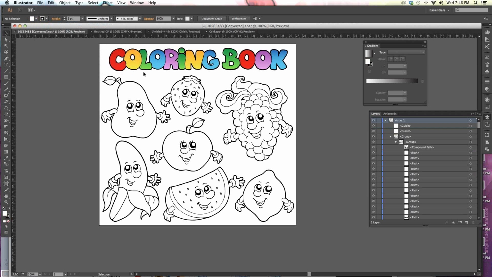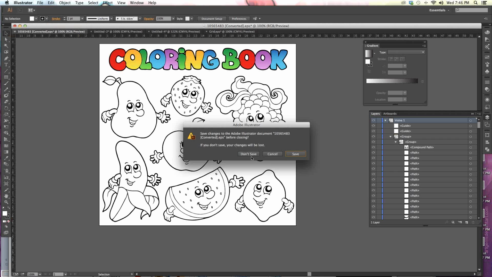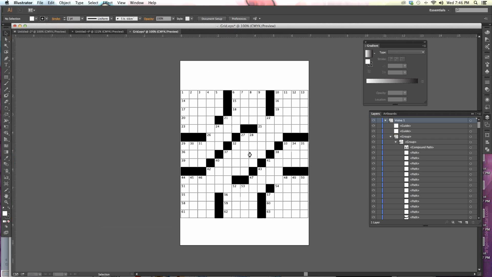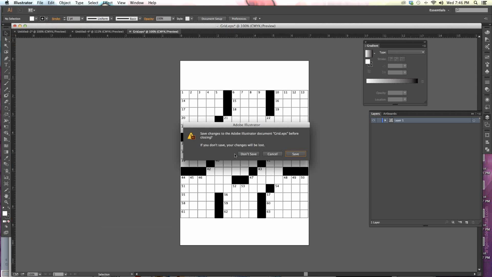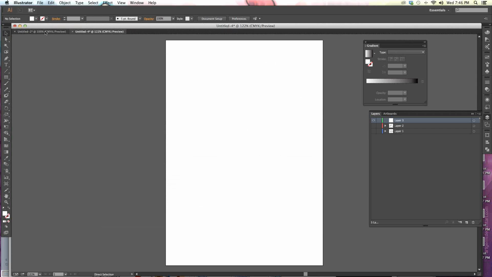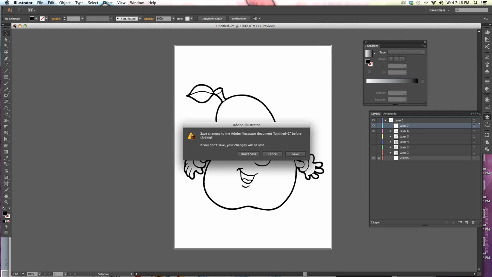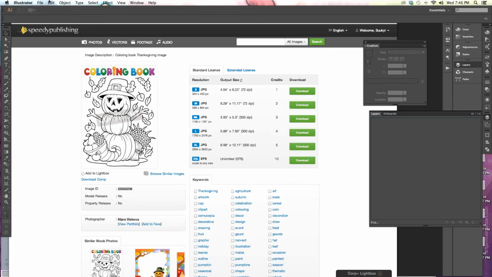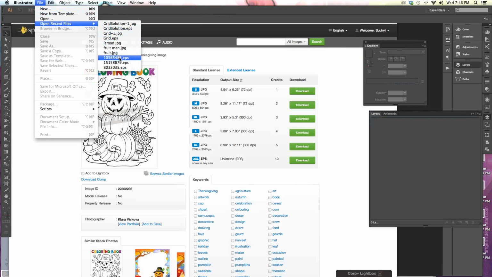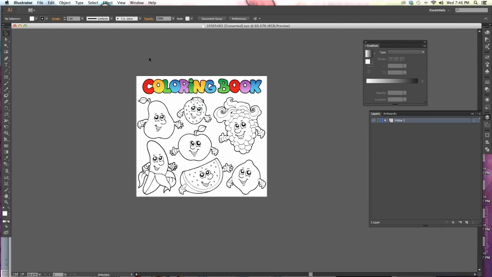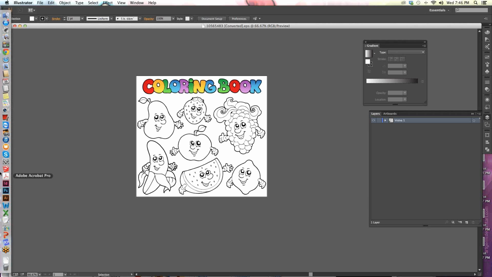Okay, Suzette, here's one of the things that I think we want to talk about. While you go ahead and close those, Suzette, the key thing here is that when you're looking for images to create your coloring books, you're going to be looking for images that are multiple images. So Suzette, if you can head back before you start using Illustrator, to let everyone understand,